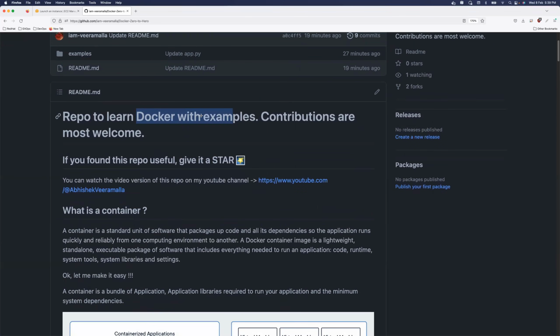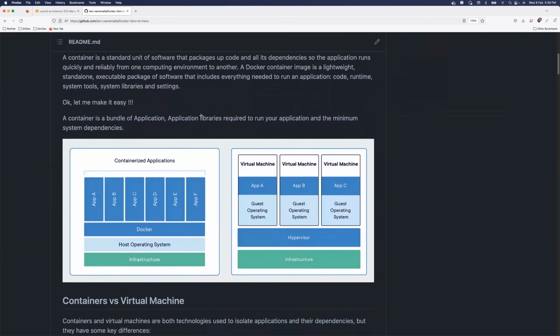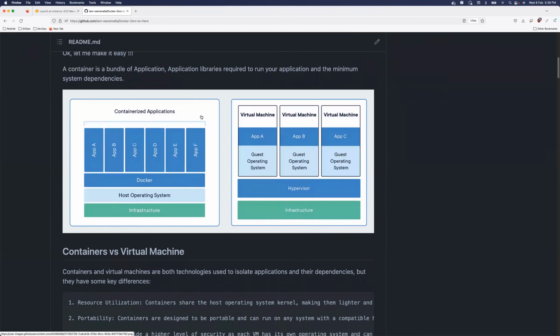Now, going back to the topics that we are going to cover today. First of all, I'll deep dive and explain why containers are lightweight in nature. In yesterday's class, I just gave you an overview saying that containers do not have a full operating system. They just have the application plus application dependencies plus some required system dependencies to run your application, and for everything else they use the kernel of the host operating system, right?